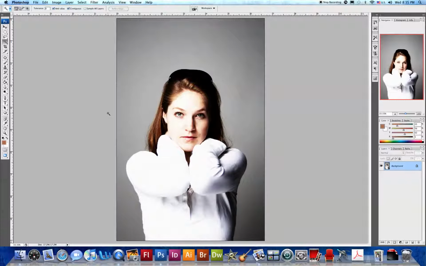Alright, welcome to the 6th video of CMT155. Today I'm going to go over the spot healing brush and the patch tool, to help out with editing blemishes and whatnot. So we're going to start with the spot healing brush,